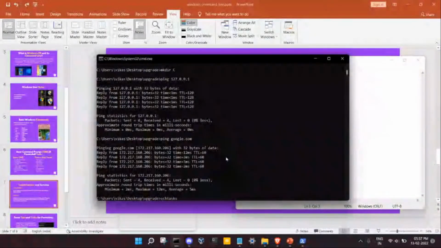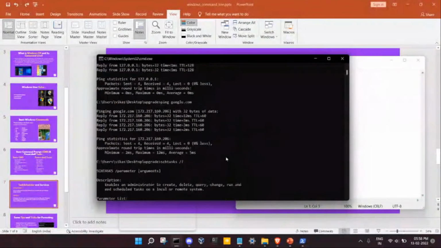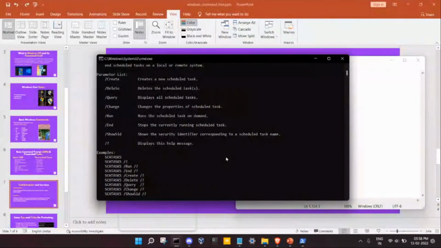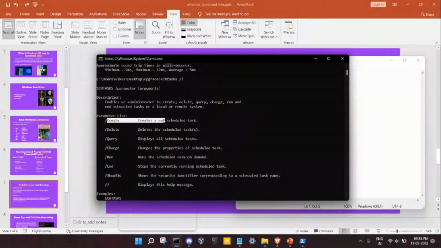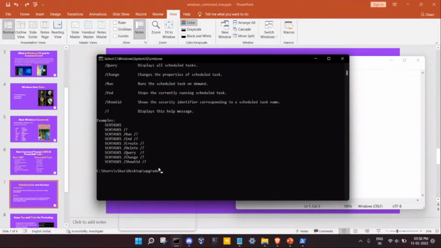First we should look for the help menu, that is schtasks slash question mark. It will give details about what commands can be used. Here we can see that we can create, delete, query, change, run. Accordingly, we can use it. Suppose we need to create a scheduled task, like I have to run one command daily, every minute, or at some specific time. So we can use schtasks